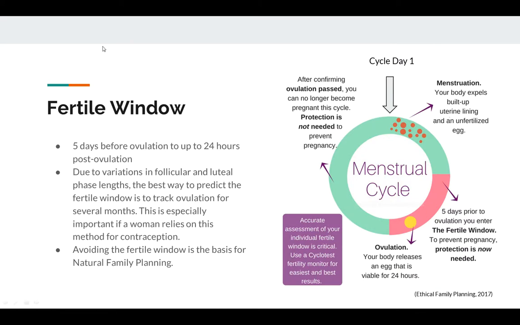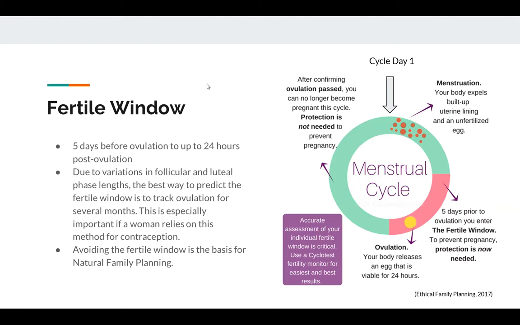So this slide talks about the fertile window. We can monitor fertility for either the purpose of helping a woman conceive a pregnancy or also avoid a pregnancy. There's actually a very short window in which a woman can become pregnant. Most women think that anytime they can have sex unprotected, they get pregnant, and especially with teenagers, it somehow seems to always work out to be just the right time when they have unprotected sex, but really that is not true. There are only about 5 to 6 days a month when a woman can become pregnant.